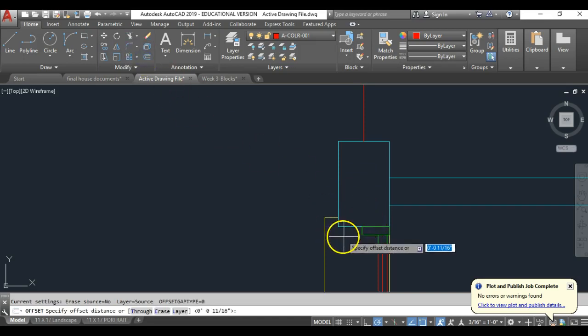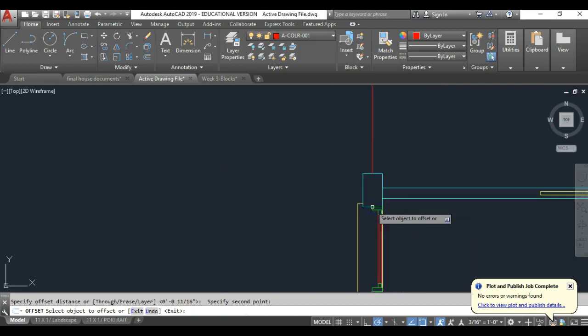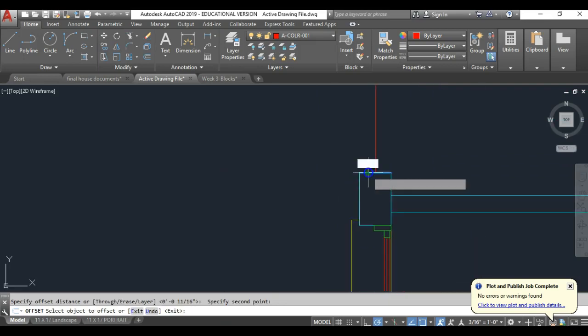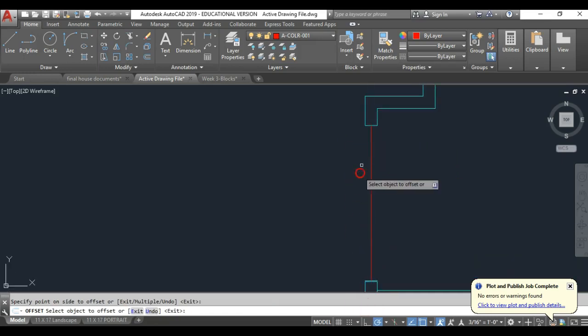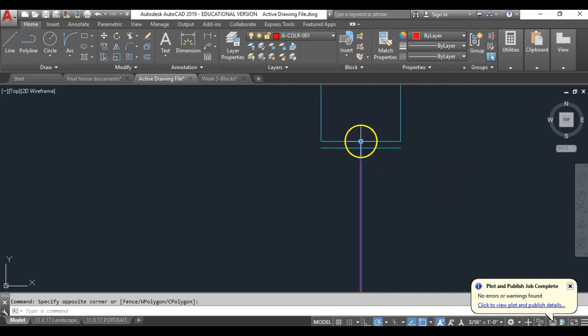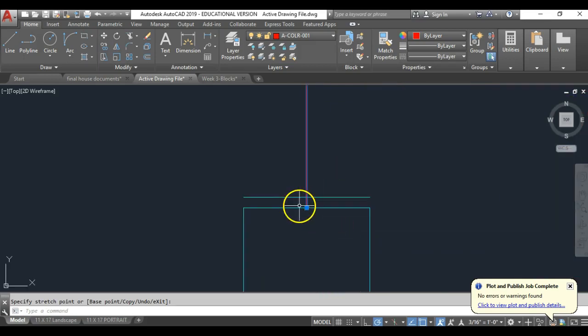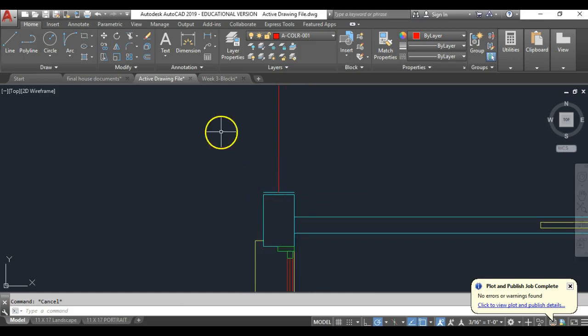So I'm going to go to offset, and might as well work right here. I'm just going to go from my midpoint snap to the wall as a distance. I'm going to offset that up, offset that down, hit enter to finish offset, and I'm just going to take this guideline. I'm going to select it, grab the little blue dot and pull it down to that line. Take this end of the blue dot, pull it up to that line, press escape to end selection, and then